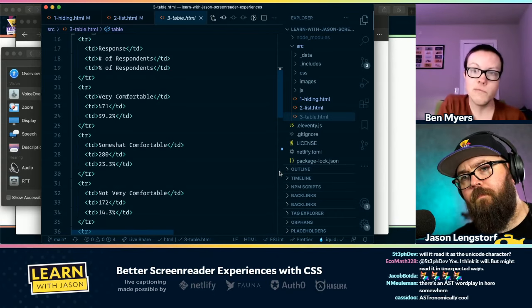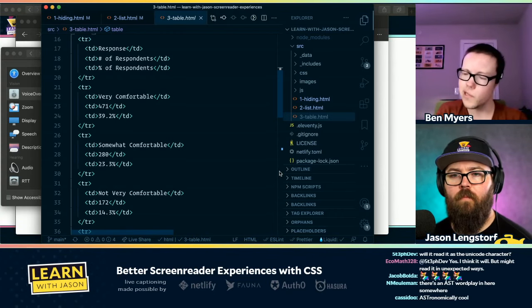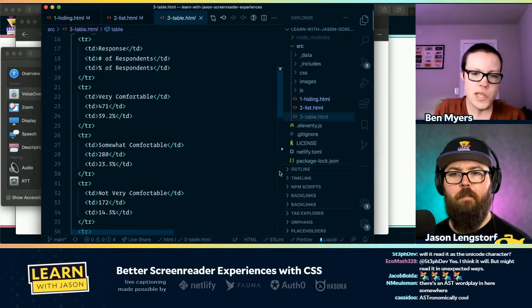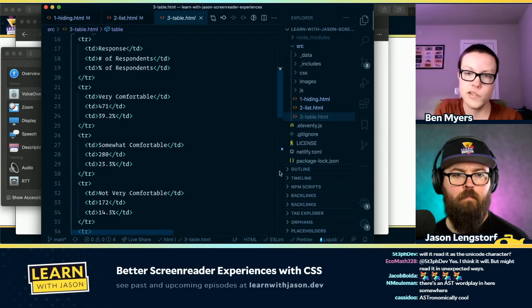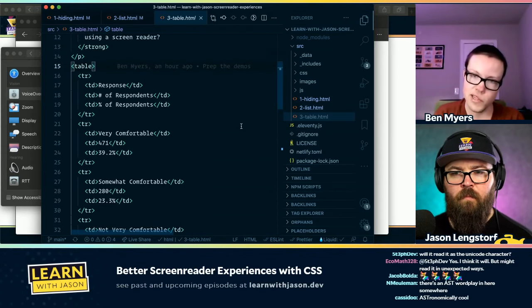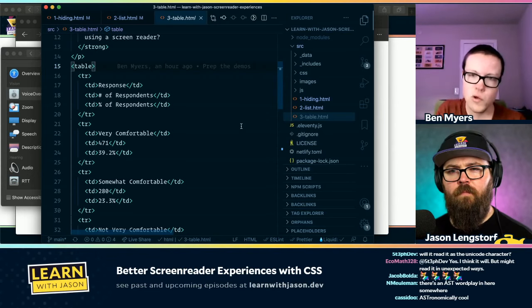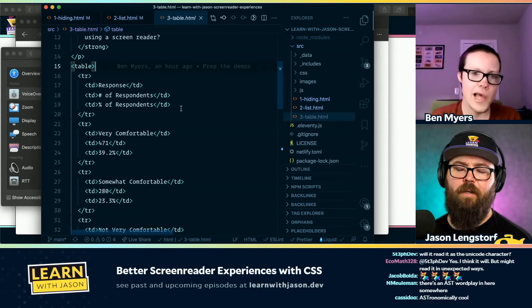Okay. And so the browser is looking at this and going, well, if we think that this is a layout table, then we shouldn't expose it as a table because that's going to make a very clunky experience for screen reader users. So we're just going to treat it as a bunch of text nodes. And weirdly enough, it does this with all the default styles for the table. There's ways we could fix this though. We could improve the markup, but I want to show you my favorite way, which is